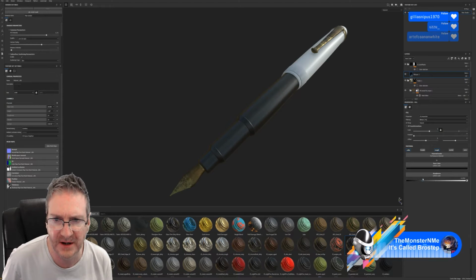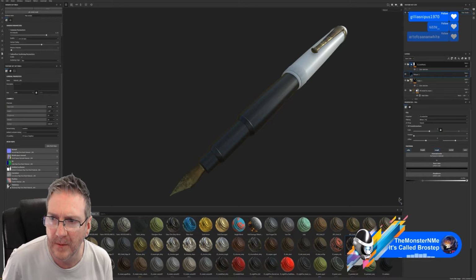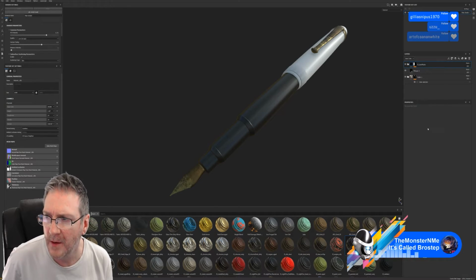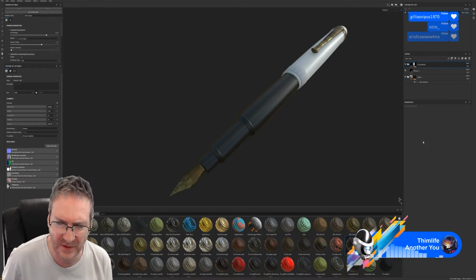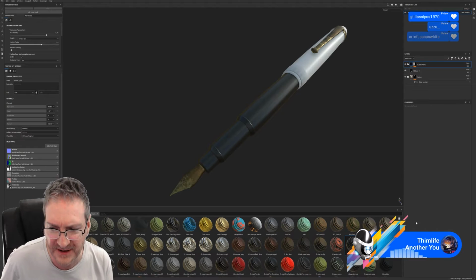Might just knock the gloss back a little bit. Maybe wood, yeah, wood. Pens can be wood, yeah, they can be wood, can't they? Maybe, let's have a look.